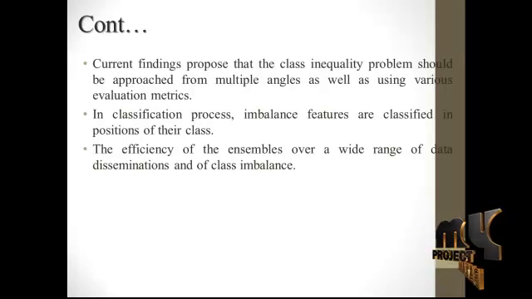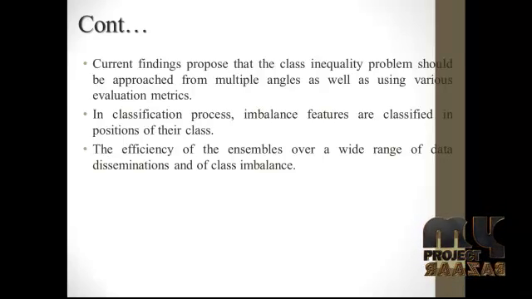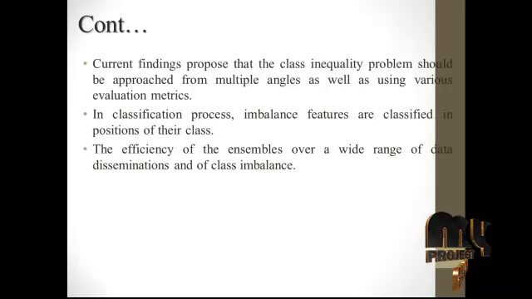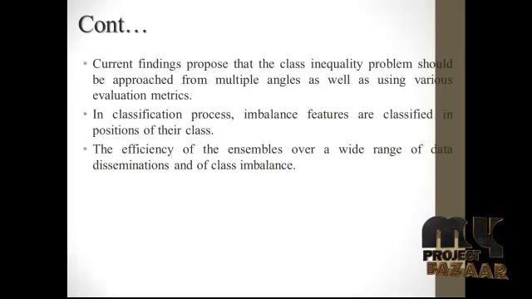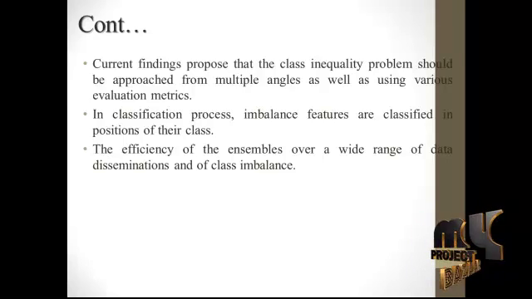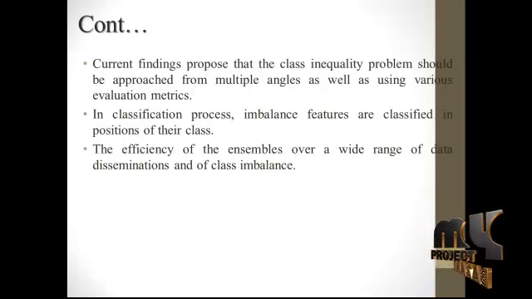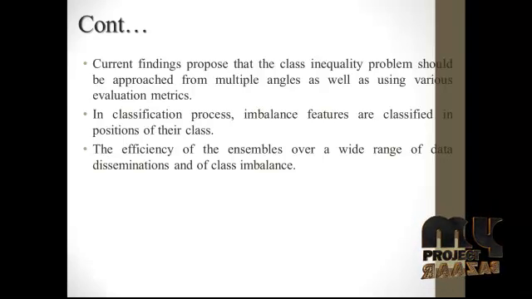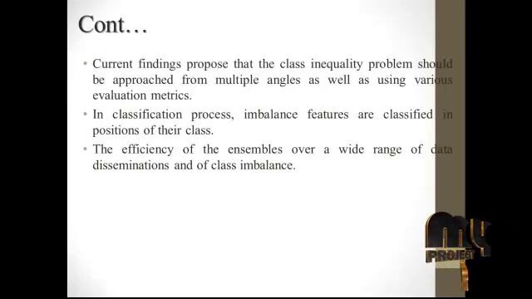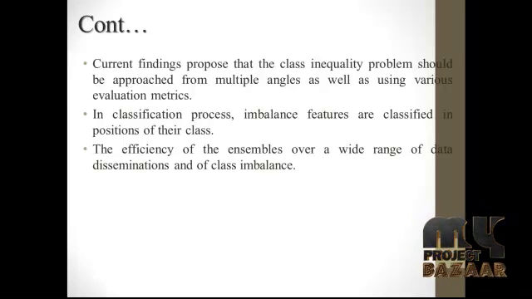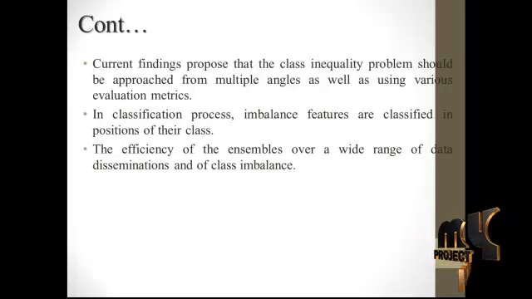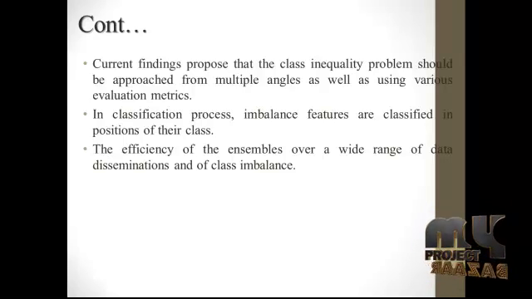Finally, a new hybrid learning algorithm is proposed to deal with the over-partitioning problem in decision tree induction. It adopts the uncertainty reduction heuristics and embeds ELMs as leaf nodes when the information gain ratios of all the cut points are smaller than a given uncertainty coefficient. In the classification process, the efficiency of ensembles is examined over a wide range of data distributions and class imbalance, based on uncertainty reduction.